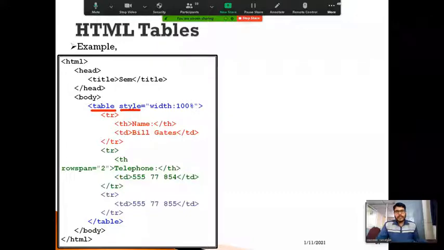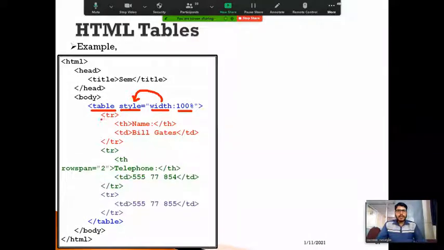I'm going to specify the style of the table so that it occupies a width of 100%. This is the style I'm going to specify for the table by using the style attribute. Look at how I specify the cascading style. I specify the style attribute, and for the value, within double quotation marks, I specify width as the attribute name, and by using a colon, I specify the value as 100%. So this can also be done by using a style attribute.